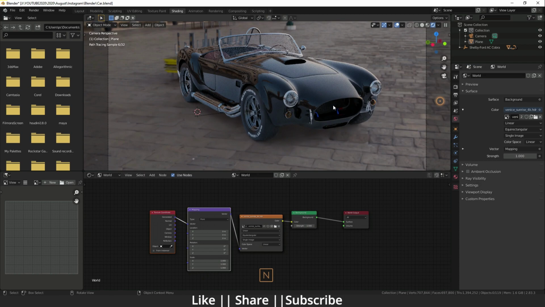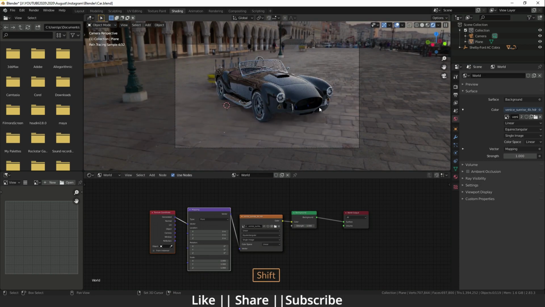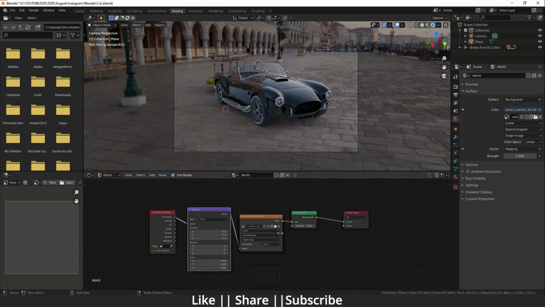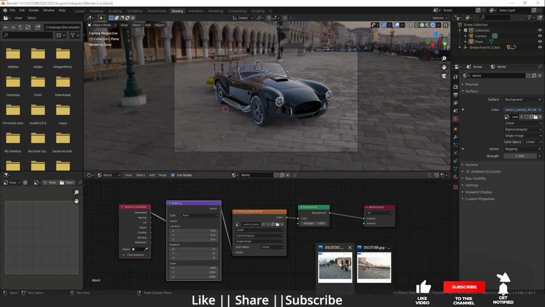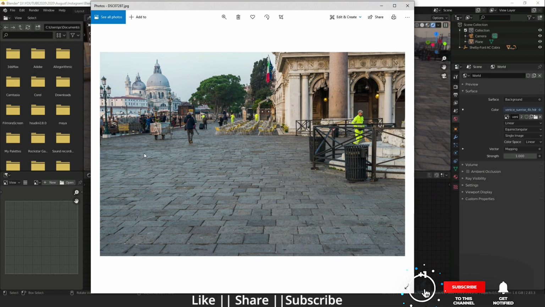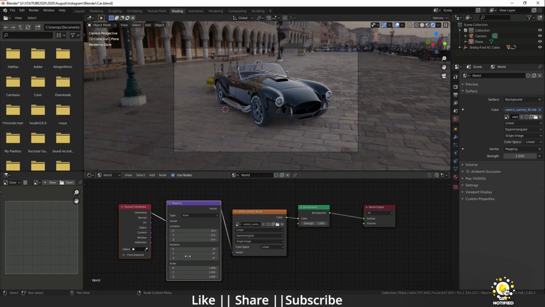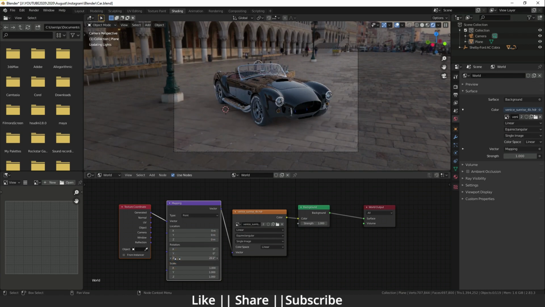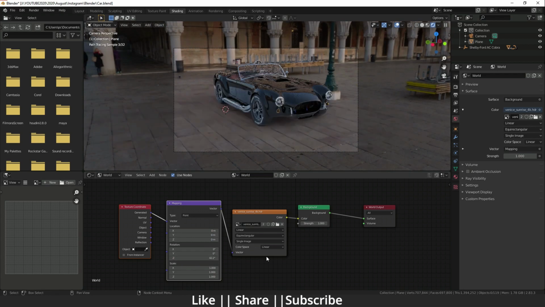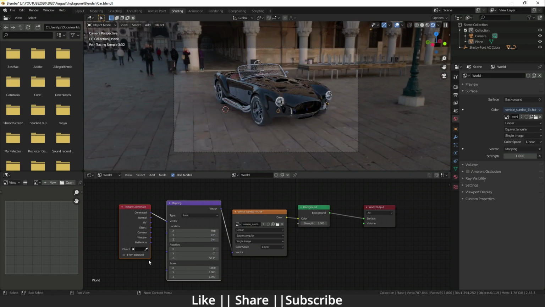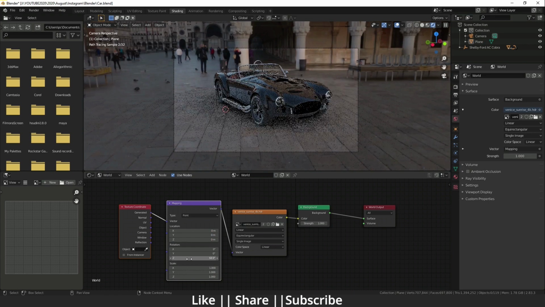Now we can switch the rendering mode also, and I'm going to disable the lock on the camera so we can easily move our camera like that. Now we need to rotate our HDRI according to our backplates. Our backplate views like that, so we will try to find that view. For that I will rotate on the Z axis. When I rotate it, here you can see that the HDRI is rotating according to the world axis.